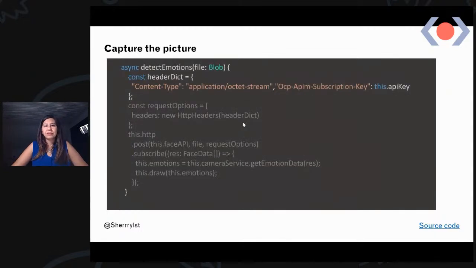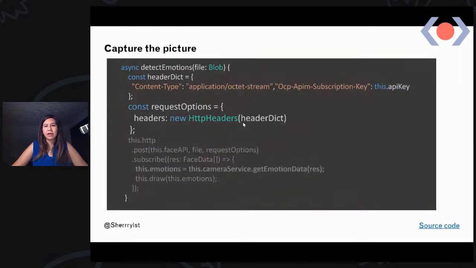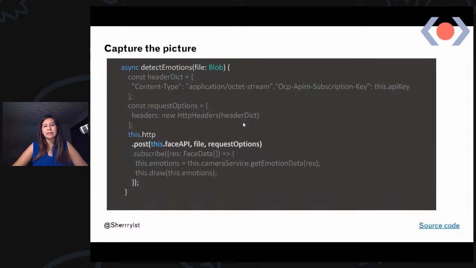Of course, we need to have the header done. What I did is make a simple post with the API endpoint, with the file that we have, and with the customized header here.